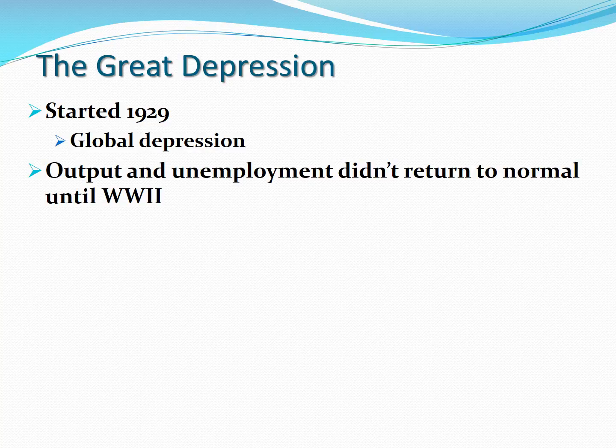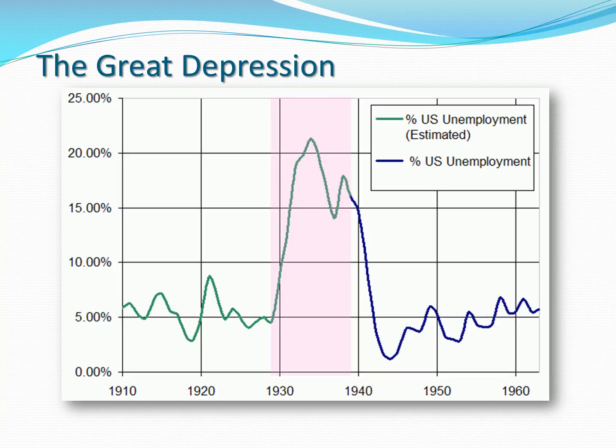There, of course, the government was highly involved in the economy, borrowing money, war bonds, in order to fund a lot of manufacturing of things to go fight a war in Europe. And so then output and unemployment returned to normal. Unemployment fell. But unemployment was really high prior to the World War II recovery.